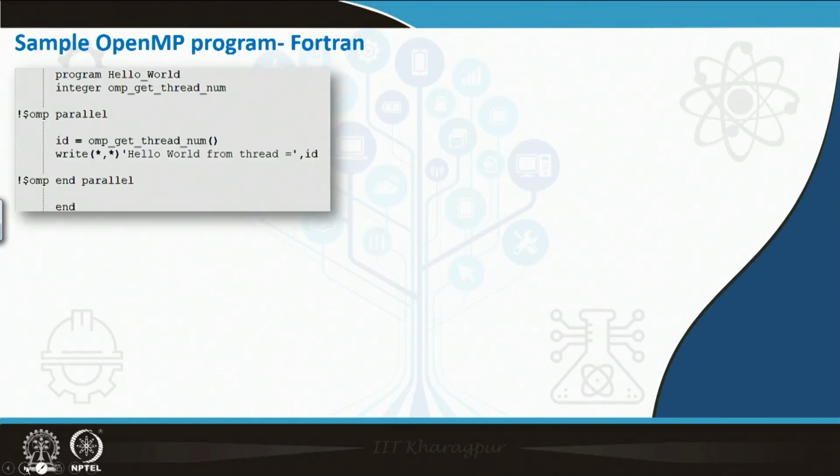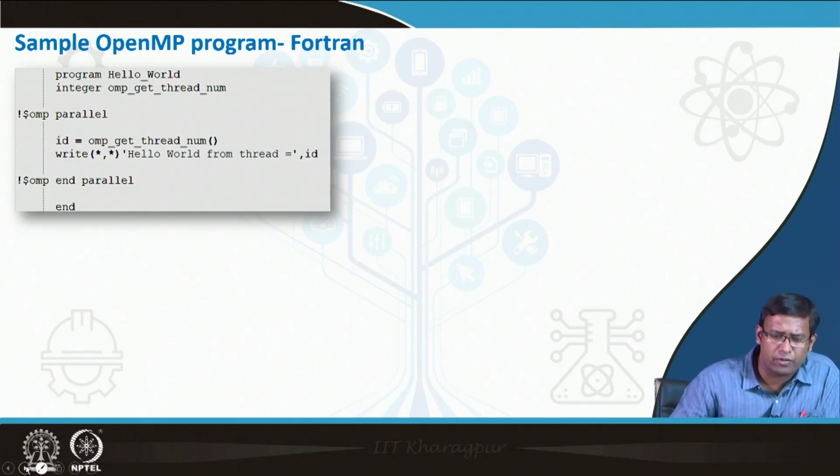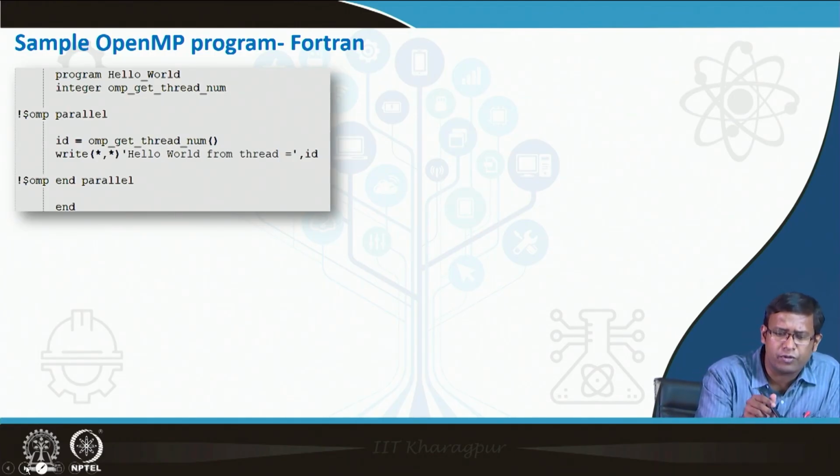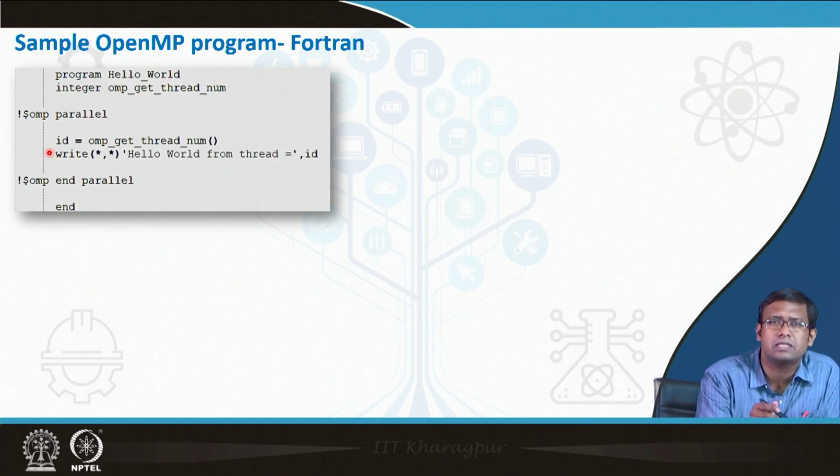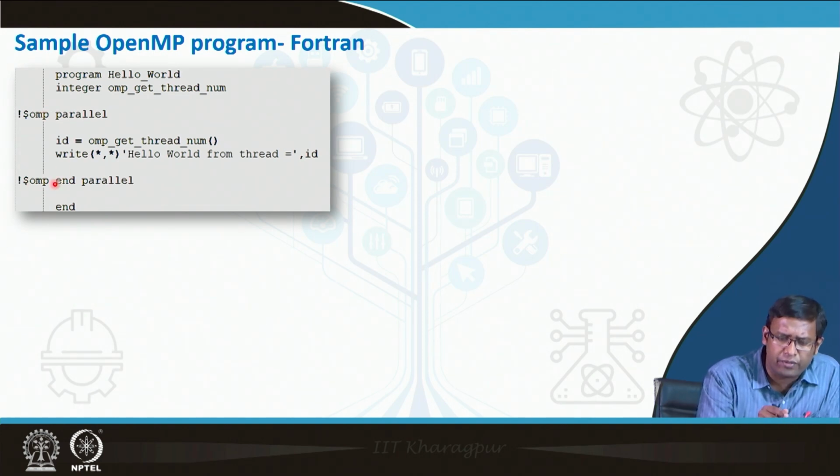If we take a Fortran program, in Fortran the program hello world is written. Interestingly, in Fortran we do not have to include any header file. A parallel loop in Fortran does not have braces, so a parallel region will start with OMP parallel and end with OMP end parallel. These are not exactly Fortran commands, so they start with an exclamation mark,